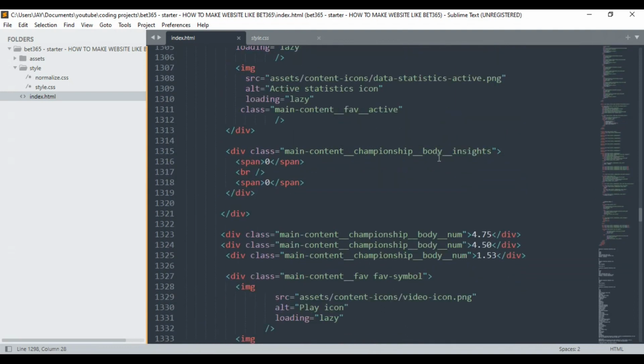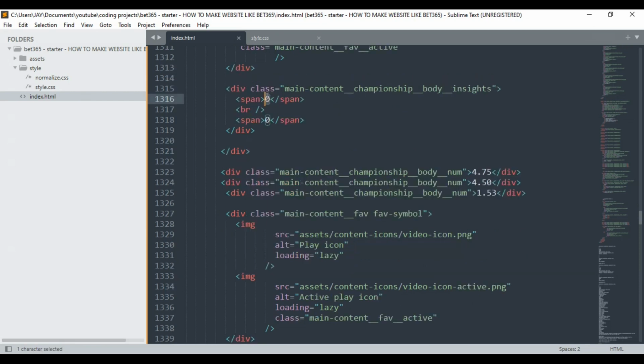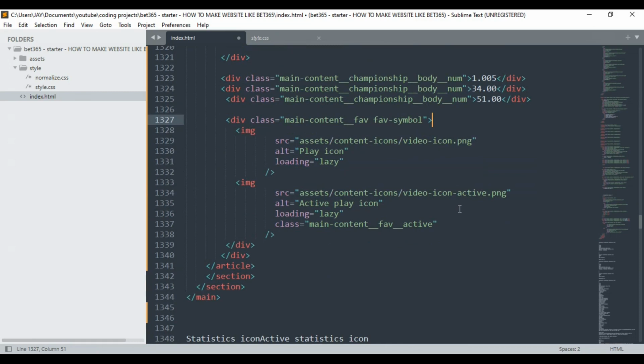Okay, now for the spans, I'm going to make it 30. Then for the time, we're going to give it 1,0075, 1,005, 3400. Then this one, we're going to give it 5100. Then that does it for